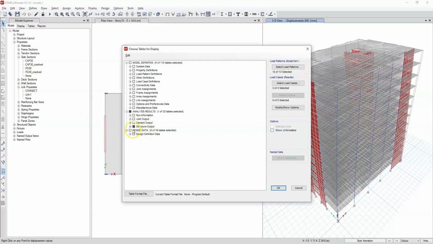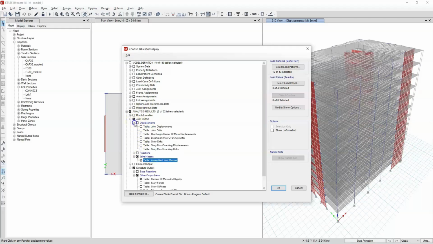And we start with, for example, the results for the centers of mass and rigidity, which we will have to get again. And we are also going to look at the displacements. The assembled masses, the joints are also necessary, precisely because we need mass sums to calculate some of the ratios. And also the displacements of the centers of mass, which is basically the table that works for diaphragms,